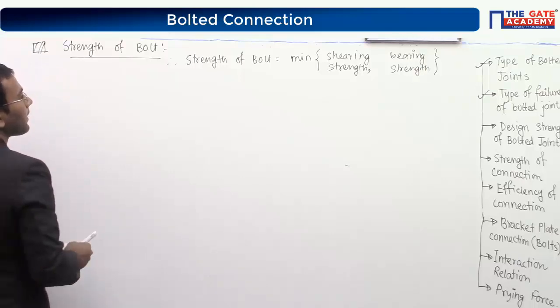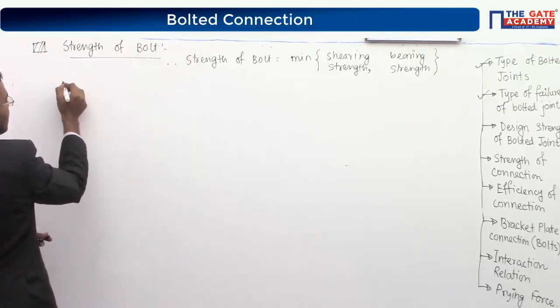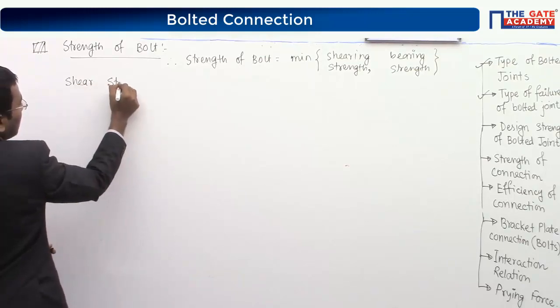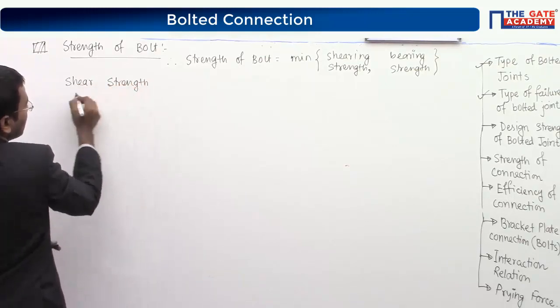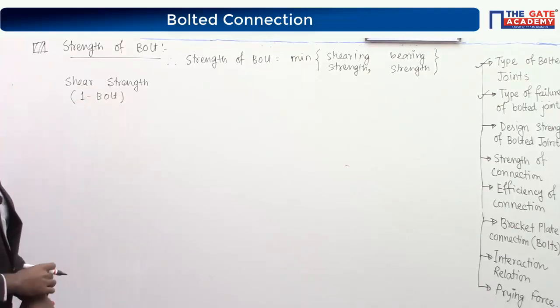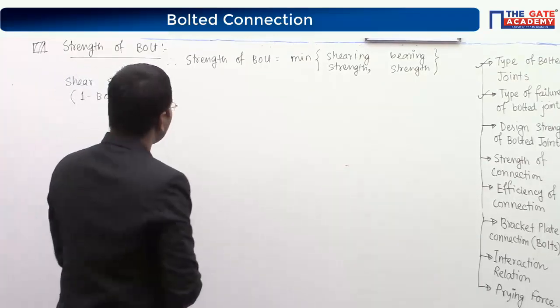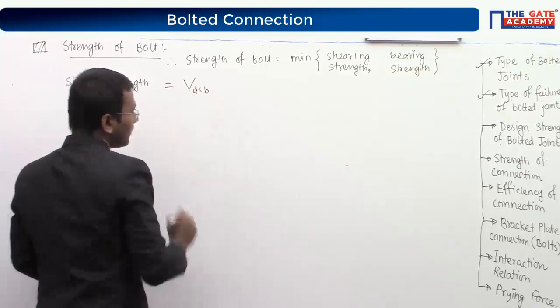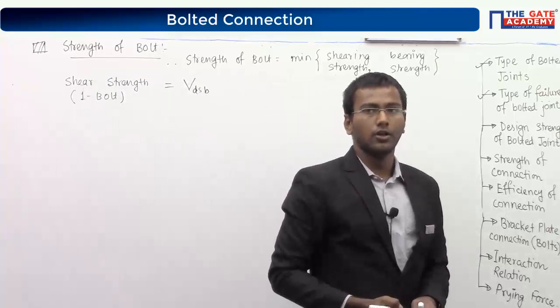Now again, let us first find out shear strength. So shear strength, so this is valid for one bolt. Shear strength valid for one bolt. So this is equal to design shear strength, DSB, design shear strength of bolt. Now see,